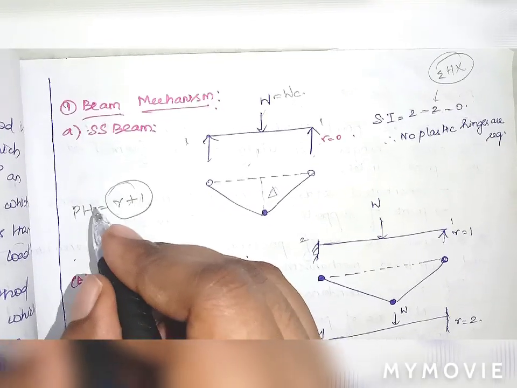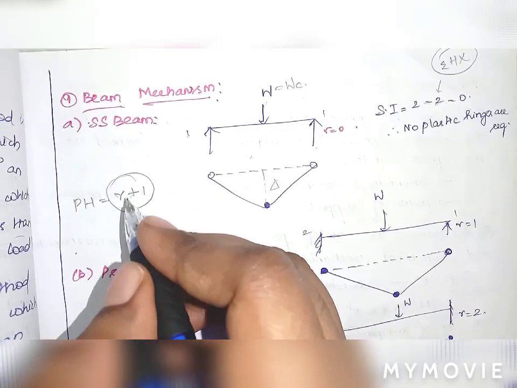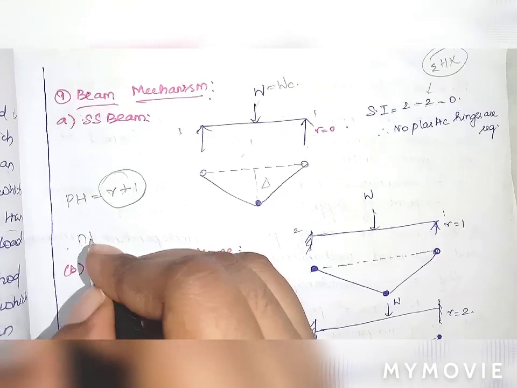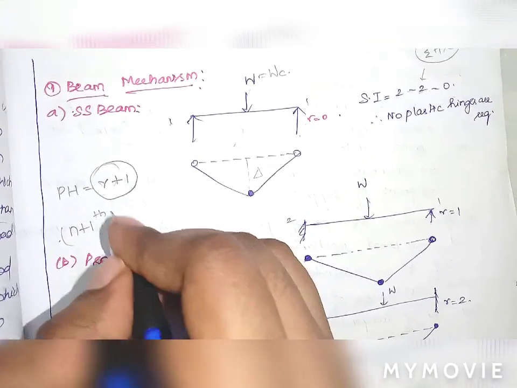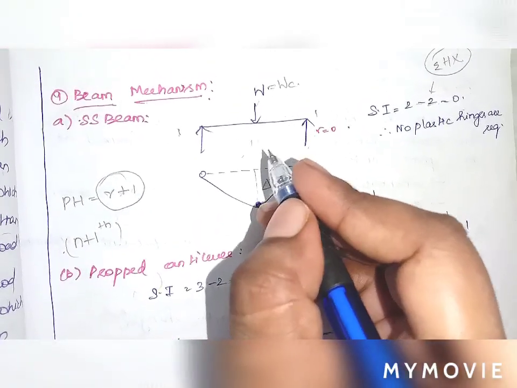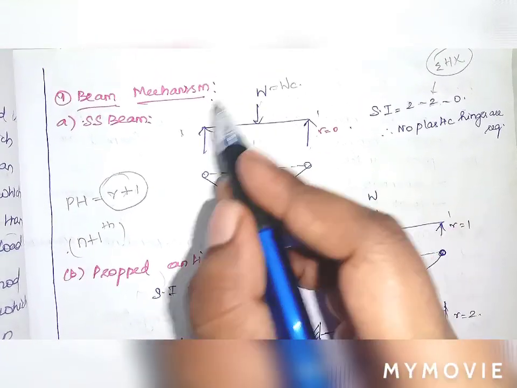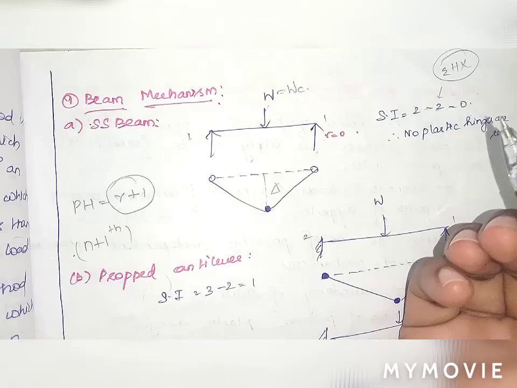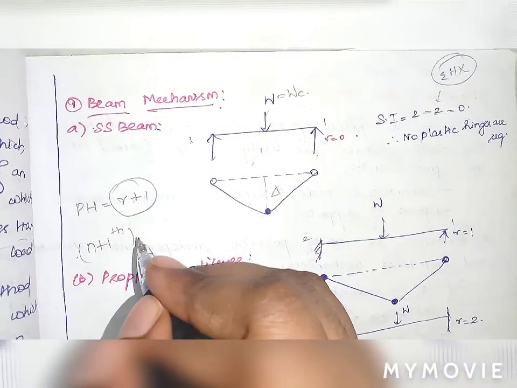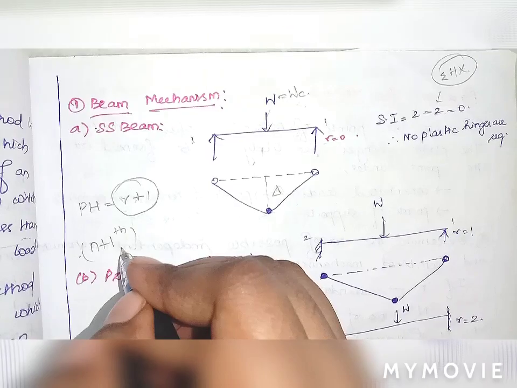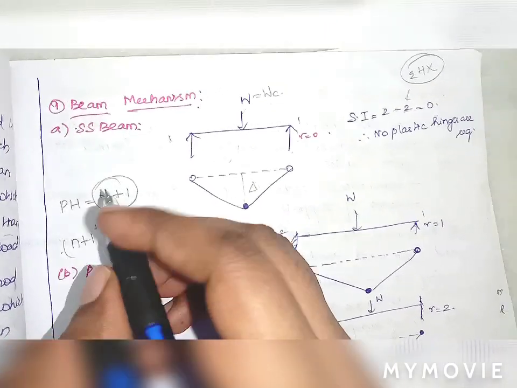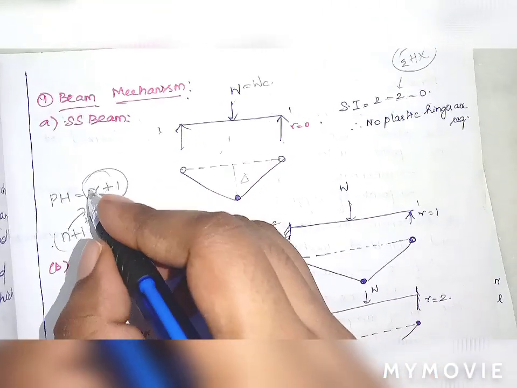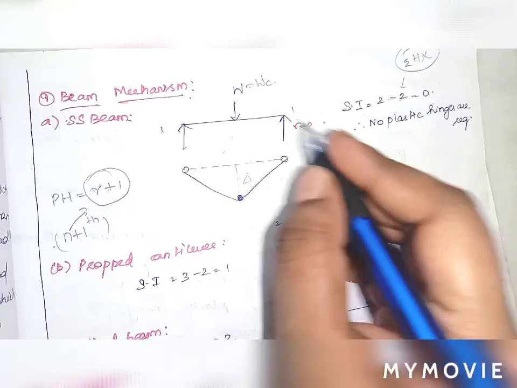The number of plastic hinges in the beam is equal to n plus 1, or R plus 1. I have told you already that the formation of the n plus 1th plastic hinge will cause the section to collapse. So we have to assume that this section will collapse, and only then can we calculate the collapse load and the plastic moment. Here I am assuming the degree of redundancy to be R. In this unit I am going to denote the redundancy by R. So R plus 1 hinges will cause the member to collapse.